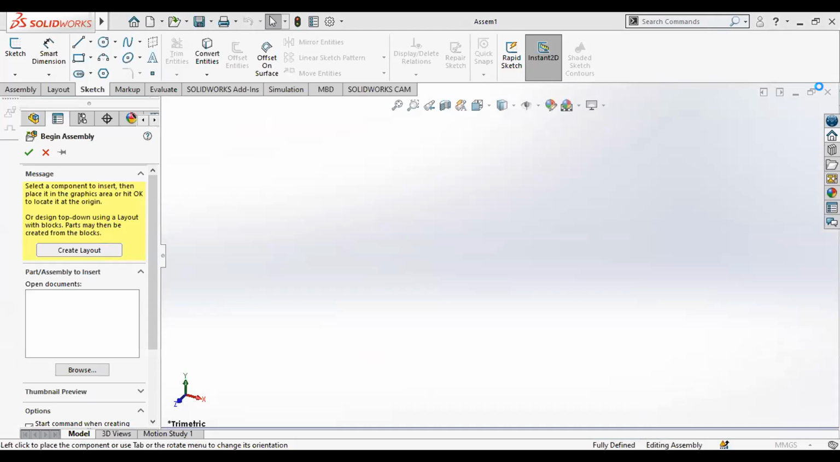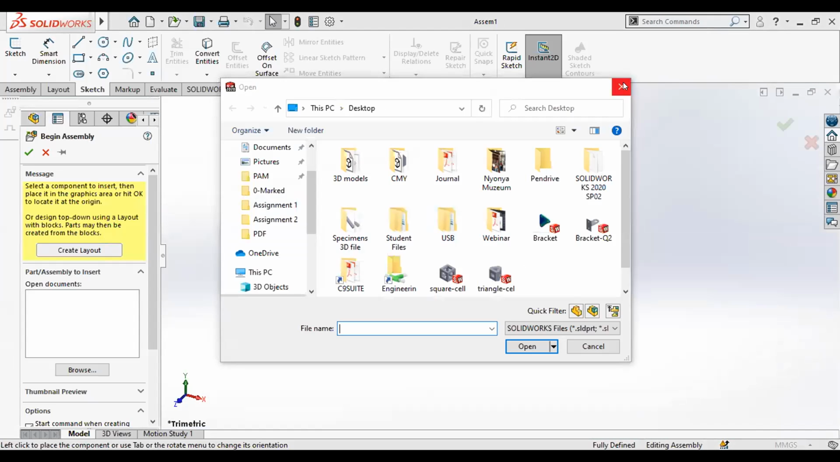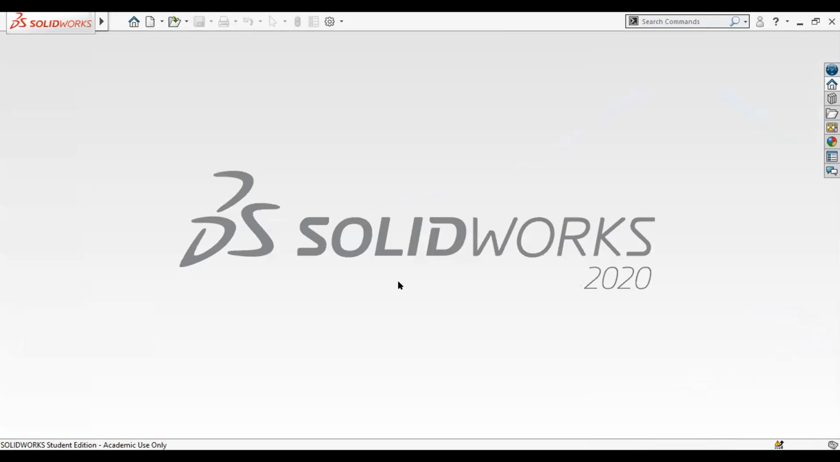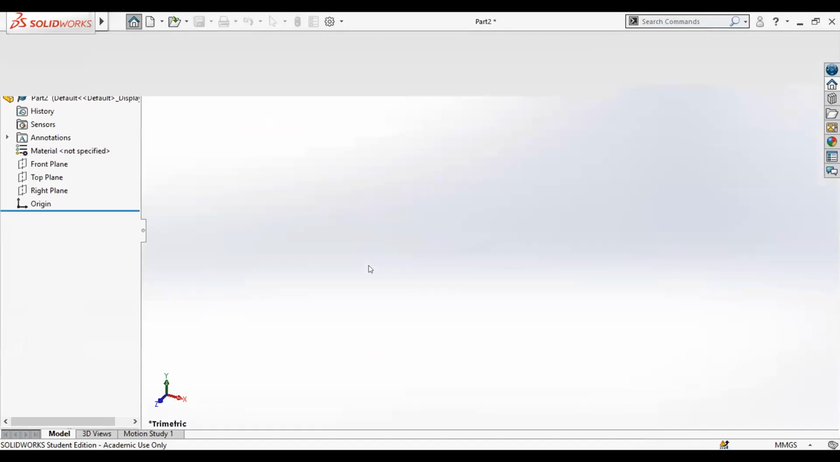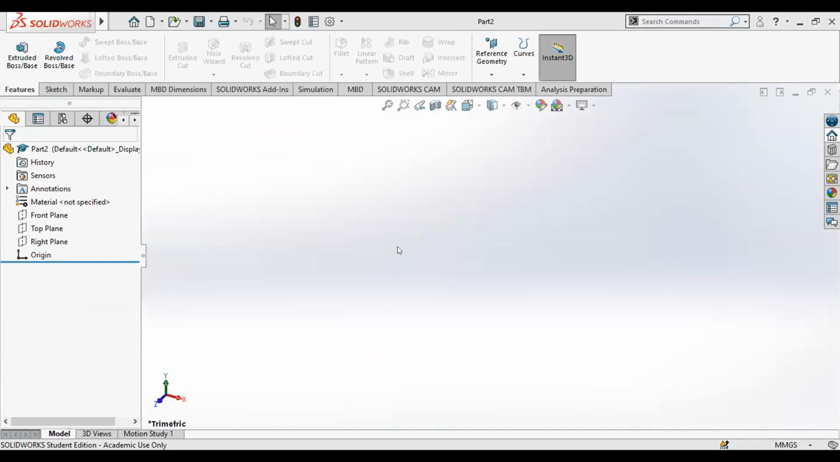So what you need to learn, this one I skip first because I don't have any part. When you start, usually we start with the part first. You need to create different parts. Assembly is after you create the parts, then you combine them together and it becomes an assembly model. So for part,